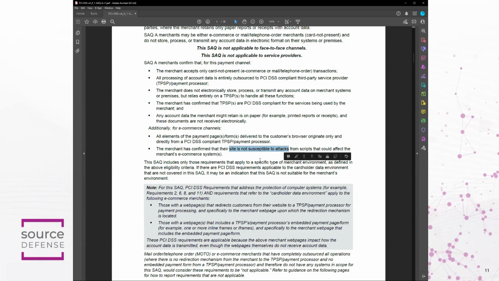So really the break point here for anybody is, can you say that your site is not susceptible? Okay, then you can complete the SAQ A. Can you not say that your site is not susceptible? Okay, well then you have to use another SAQ or another attestation method, and then you have to do 6.4.3